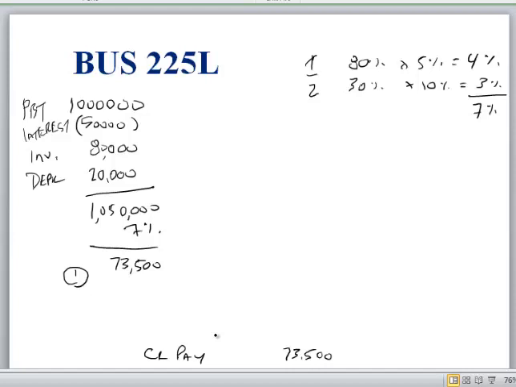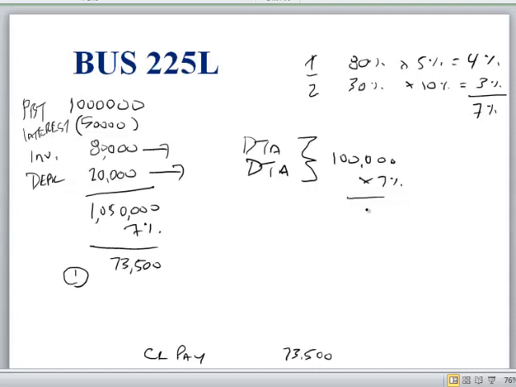So Carol, let me pick on you. What are our deferreds? Inventory reserve and so we have this causing a DTA, that causing a DTA, right? Yeah. Okay. The sum of those is 100,000. The tax rate is 7%. So I have a DTA of 7,000, right? So Carol, do I debit DTA or credit DTA? Good. I debit my DTA 7,000.